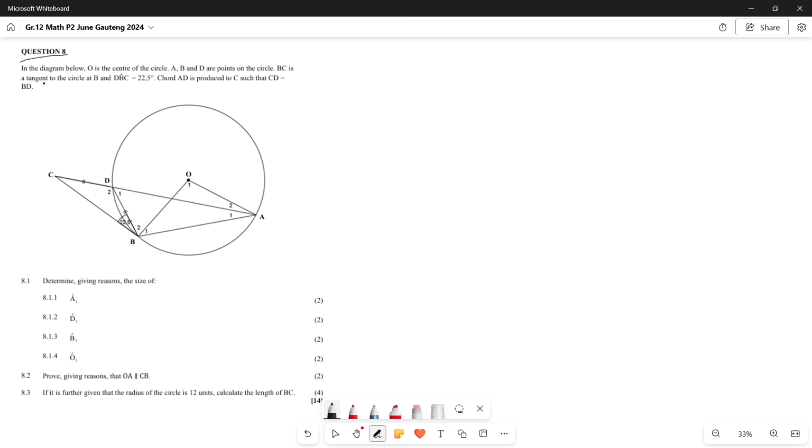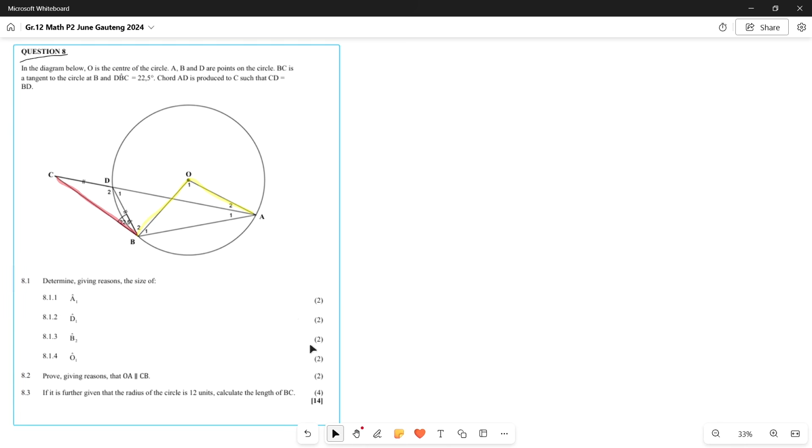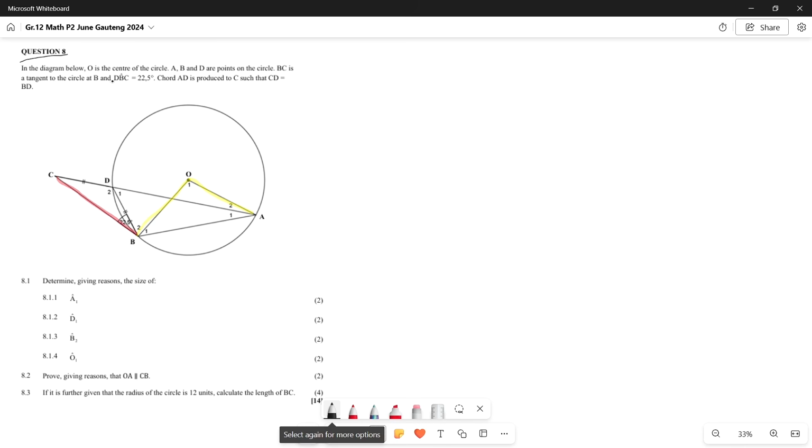So question 8 here says, in the diagram below, O is the center of a circle. So that is important for us, which means any lines from O are radii. So we have a radius here and a radius here. That's important. A, B, and D are points on the circle. BC is a tangent. So we're going to highlight BC here as a tangent so that we can see if any tangent rules apply. So BC is a tangent to the circle at B over here, and DBC is 22,5